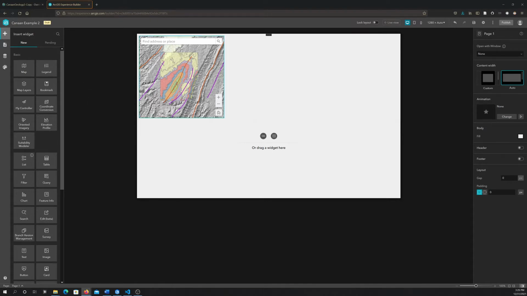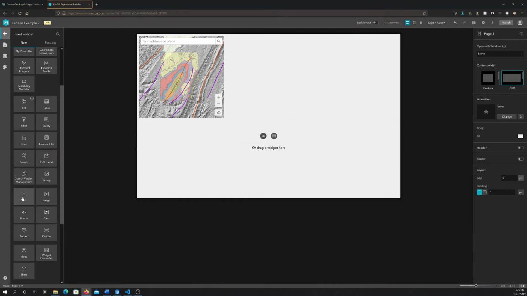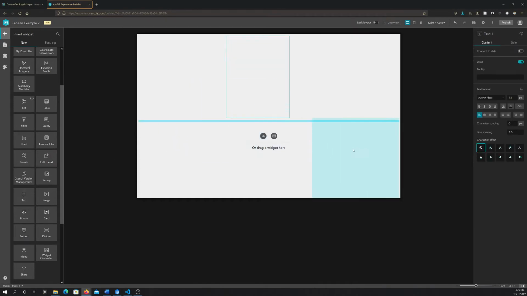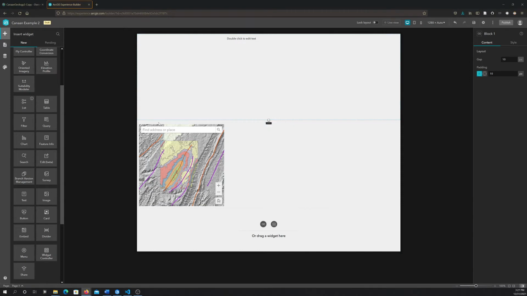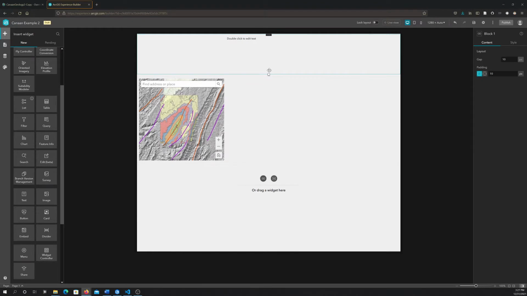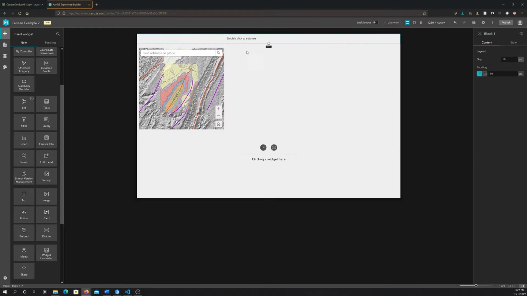Okay, so the first thing I like to do is have a title at the top of the page. So I'm going to grab this text and dump it up here. And then I'm going to pull this down into another bracket. What this basically does as you work through is it creates a bunch of blocks that kind of relate to CSS and HTML and responsive web design. So I have this block now up at the top, and inside of there I have a